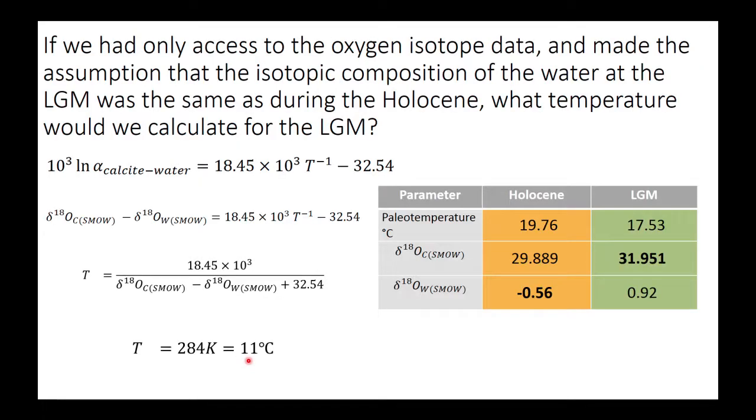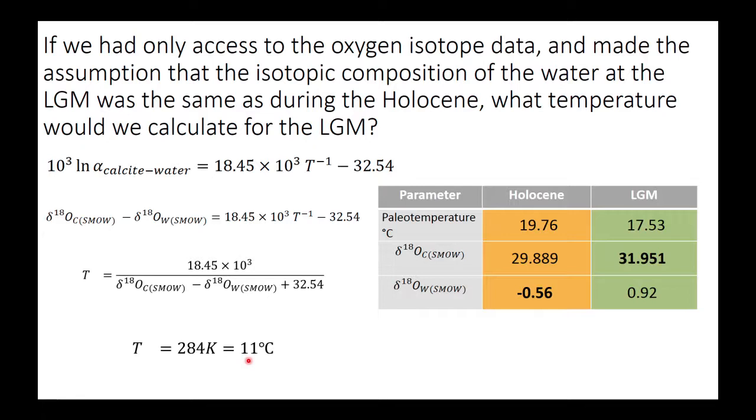I guess there was a last part of the practicals on this. So the last part was basically to try and think about some of the assumptions and errors that go into paleotemperature calculations. So one of the things we quite often find is that in a paleoclimate record we might not have that independent measure of past temperature. We might only have the oxygen isotopes. So those can be affected